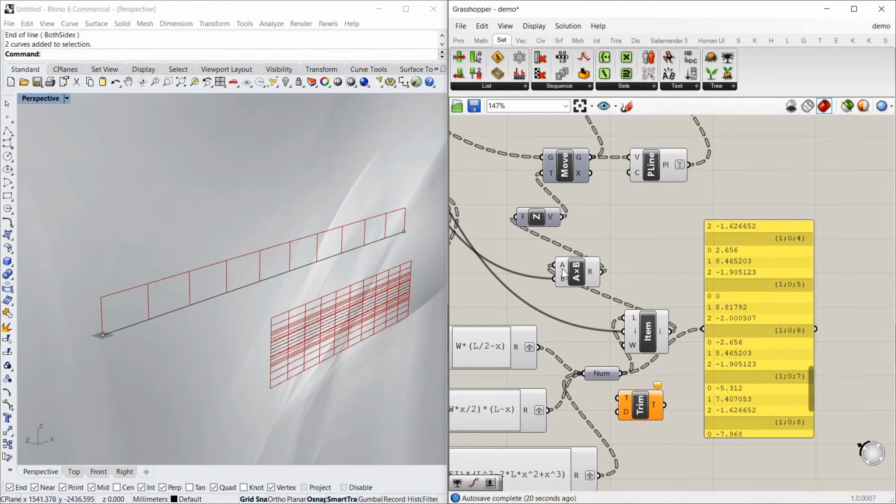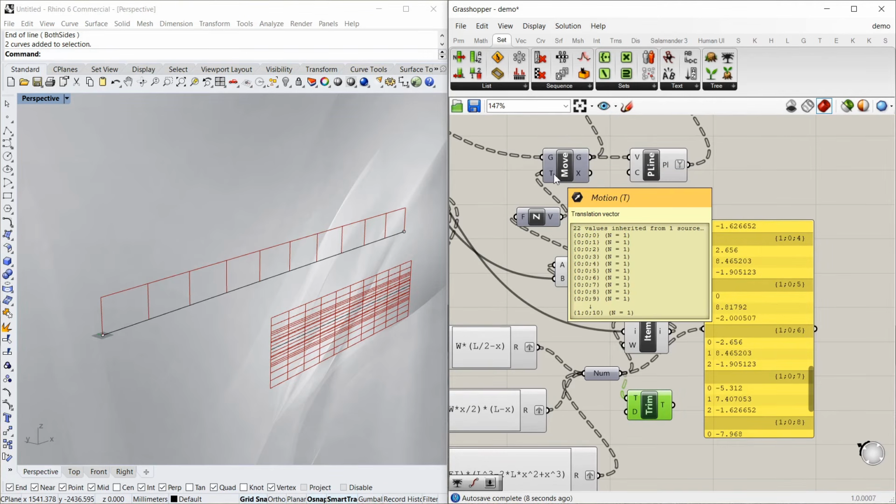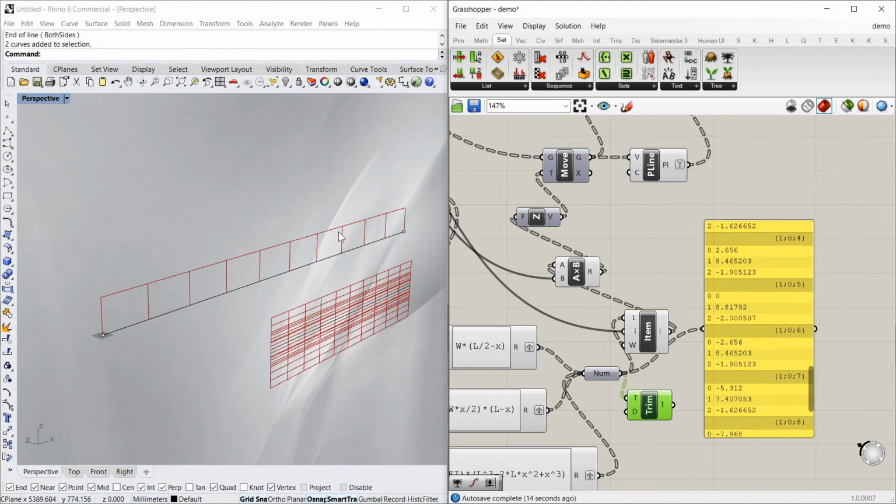But what I actually want is to get rid of these outer branches and just have 2 lists like I originally did. Got 2 lists inputting into this move, and I don't want 22 lists because that's what it's trying to graph here in Rhino. I just want 2,